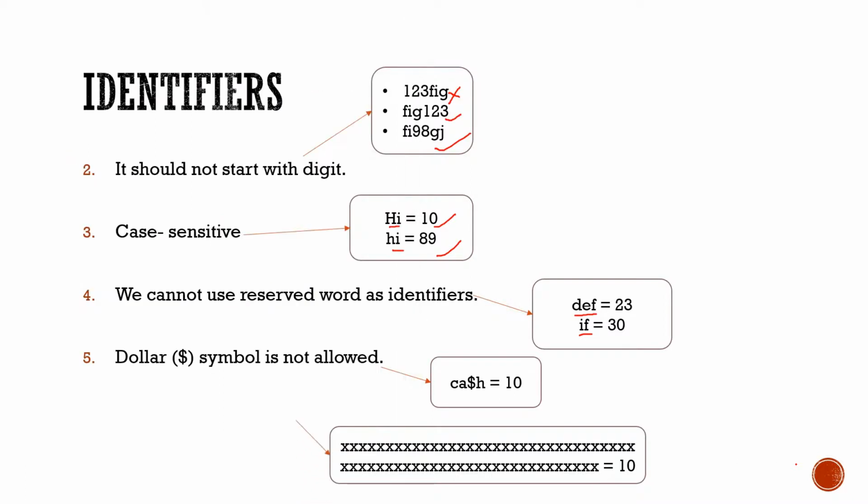Okay. So we have learned about the 6 rules of identifiers. First, only alphabets, lower or uppercase, digits and underscore can be used to frame the identifier. Next, the identifier should not start with a digit. Next, it is case sensitive, so if you are taking a lowercase alphabet or an uppercase one, both are treated differently, and both are correct. You can't use reserved words as an identifier name. After that, dollar is not allowed in an identifier name, just like in other languages like Java. In Python, dollar is not allowed in an identifier name, and it can be of any length. Okay, its length is not defined.